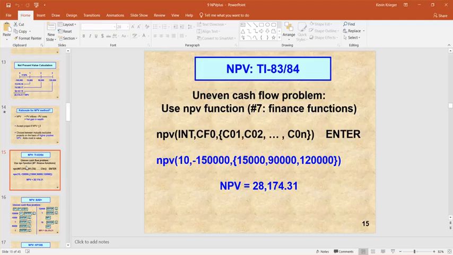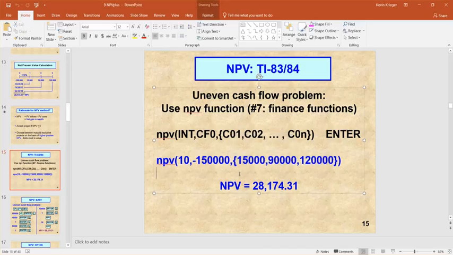So I hit the apps button, the number 1 for finance and the number 7 for NPV. And then we've talked about this setup before, but the commas here are really important. The rate comes first, but it comes in percentages. You don't have to put 0.10. You can just do 10 because you're in your time value of money portion of your calculator where rates are seen in percent form. You have to use the braces here instead of the parentheses.